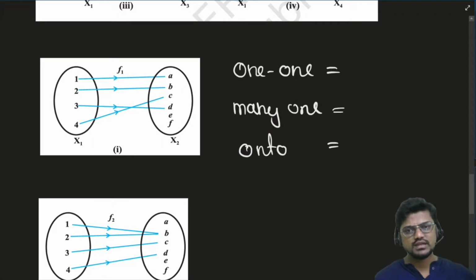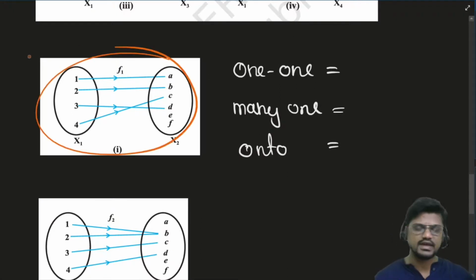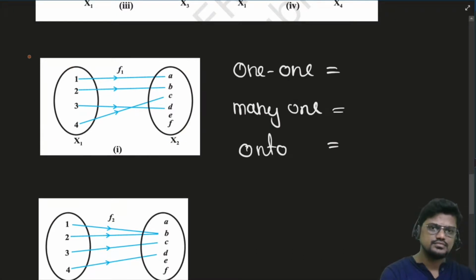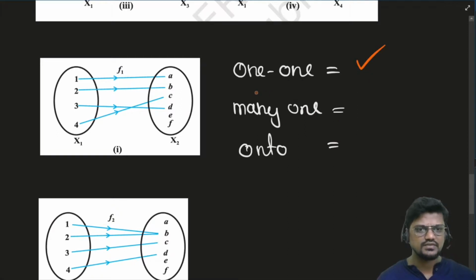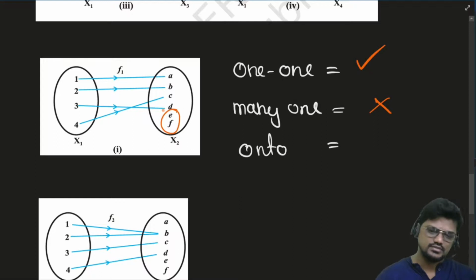Now, you guys tell me whether the given function over here, whatever diagram is there, is it a one one function? Very good. It is a one one function because every child has one mother and one mother has one child. Okay, can I say it is a many one function? If it is one one, it cannot be many one. The next, is it an onto function? Very good. It is not an onto function because you can see there are two women who do not have a child, right? So it is not an onto function.